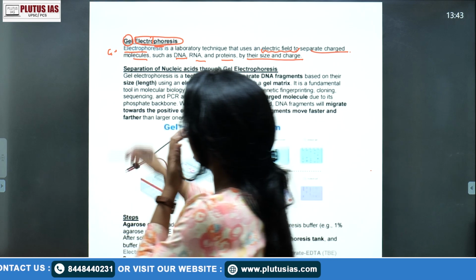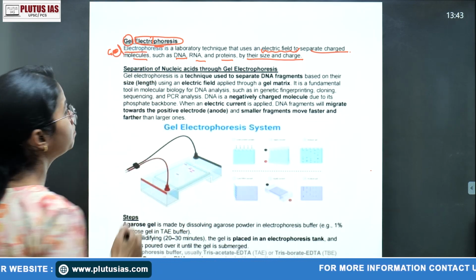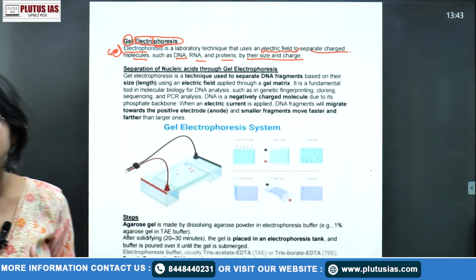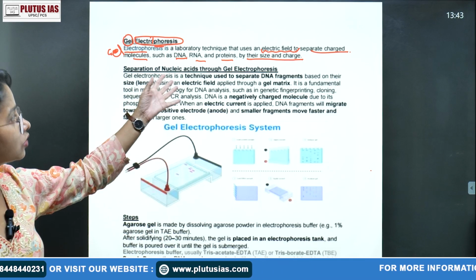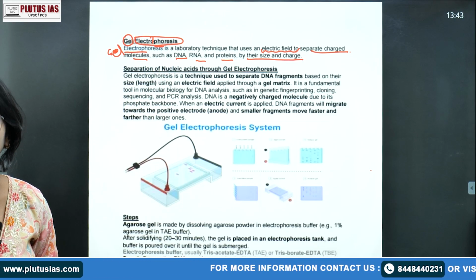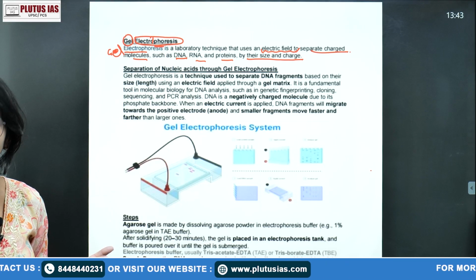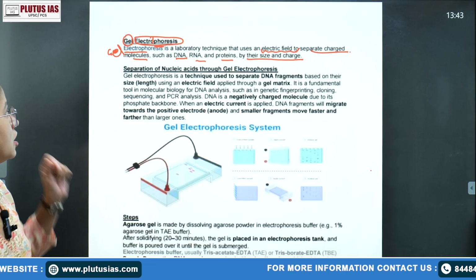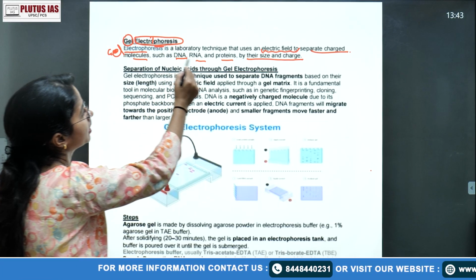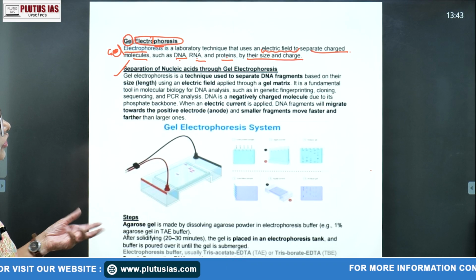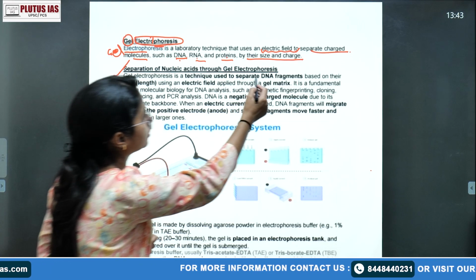If you mention the gel, of course, that means the medium. What is the gel doing here? Gel works as a medium in which the molecules or compounds, such as your DNA, RNA and proteins, can run. It is providing the matrix or the substance. Now, as we have mentioned DNA, RNA and proteins, we'll talk about the separation of nucleic acid through gel electrophoresis, specifically DNA.